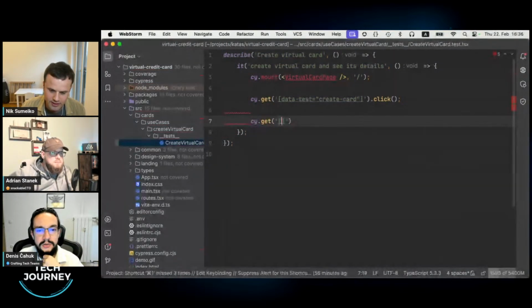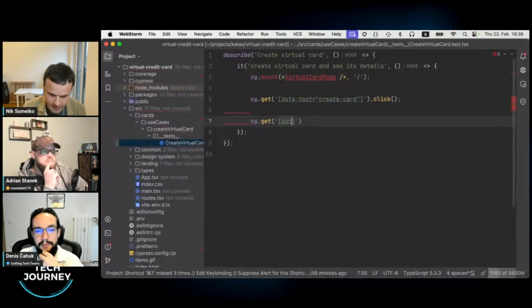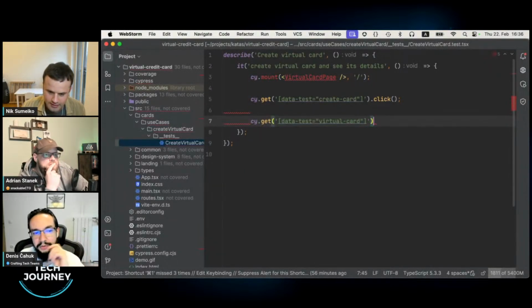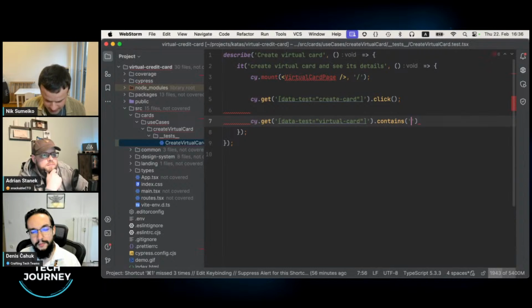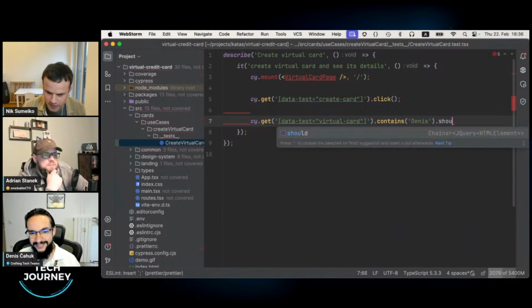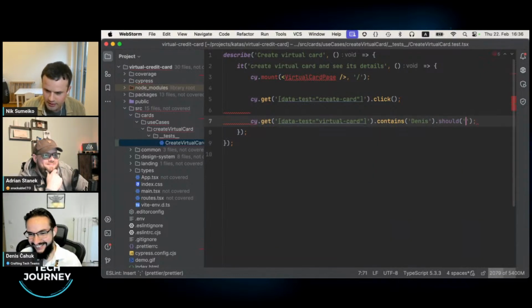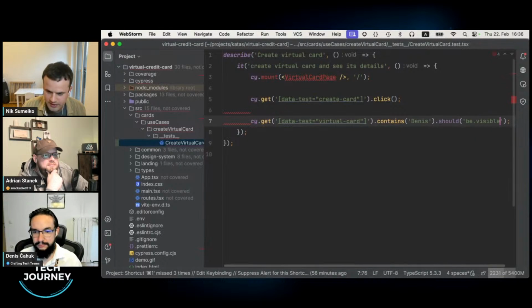Yeah. So for example, I envision that there will be some div or some element in the HTML code that will tell that this is a virtual card, for example. But it's not important, right? It's not important that it's a div, but just that it's something. Yeah. This element shall contain, let's say, the name Denis, and there we assert that for Denis, it should be visible.